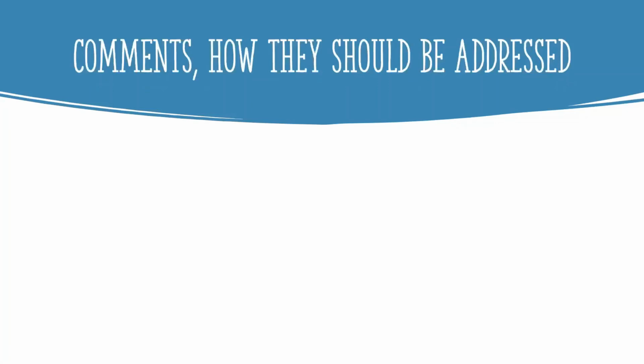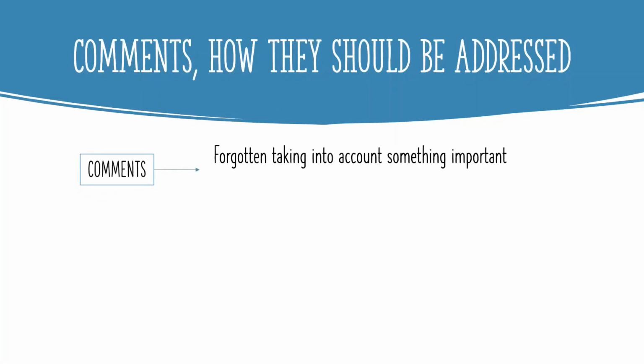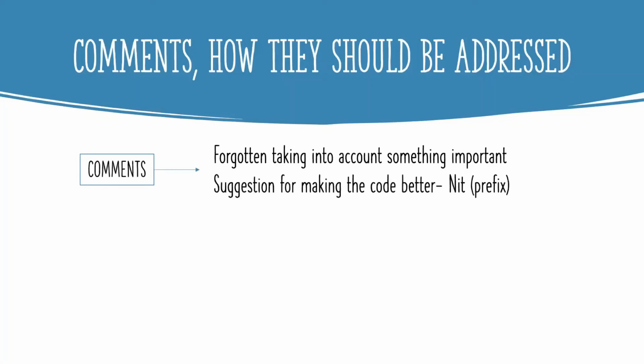So let us look at comments and how they should be addressed. There's a wide range of things your reviewer might have to say about your code. Sometimes you might have forgotten to take into account something important and then you'll need a significant amount of work to fix it. Sometimes your reviewer might point out something small that's not really critical and the comment is mostly a suggestion for making the code better. These comments are usually prefixed saying that it's a nit. Whatever it is, it's important that you take the time to understand the comment